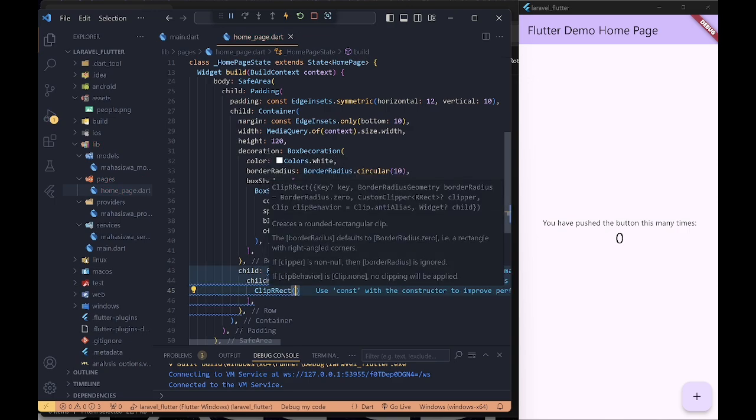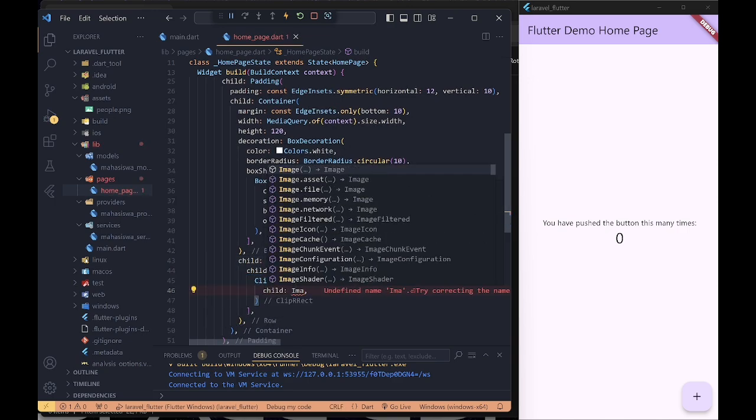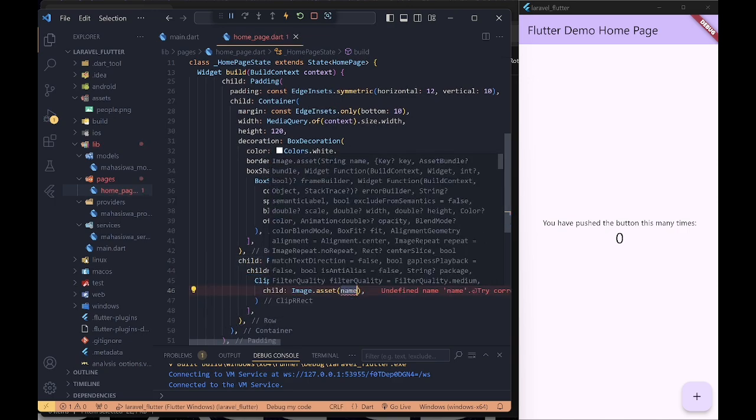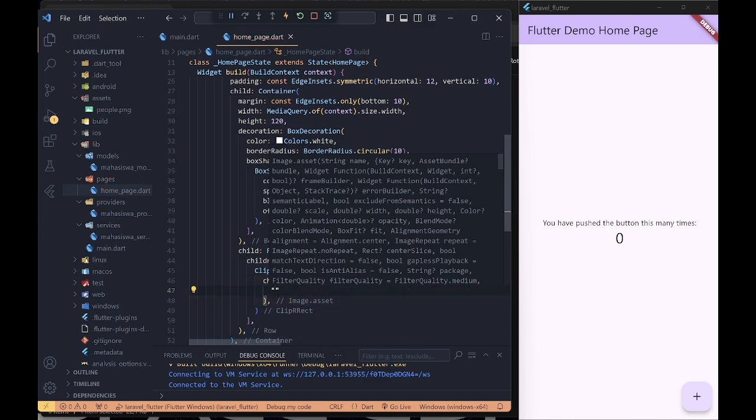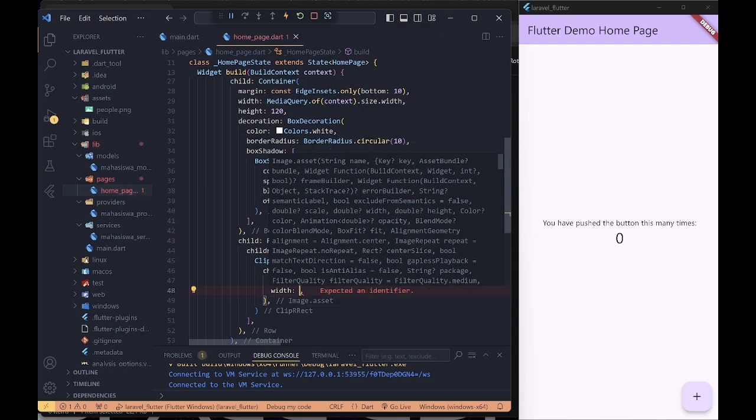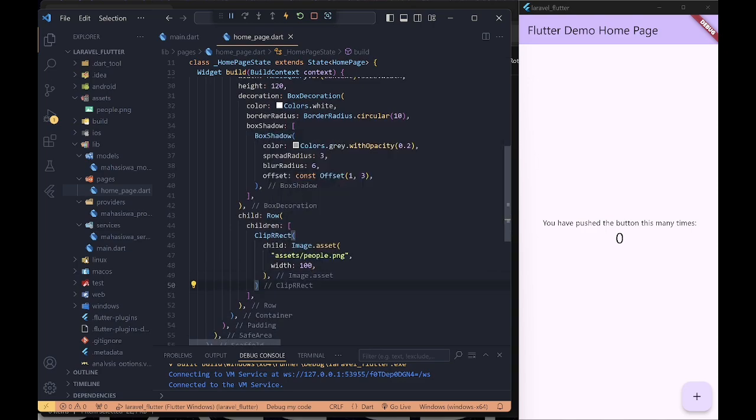For the card I use ClipRRect child. I want to insert the image, people.png, and for the width it is 100.